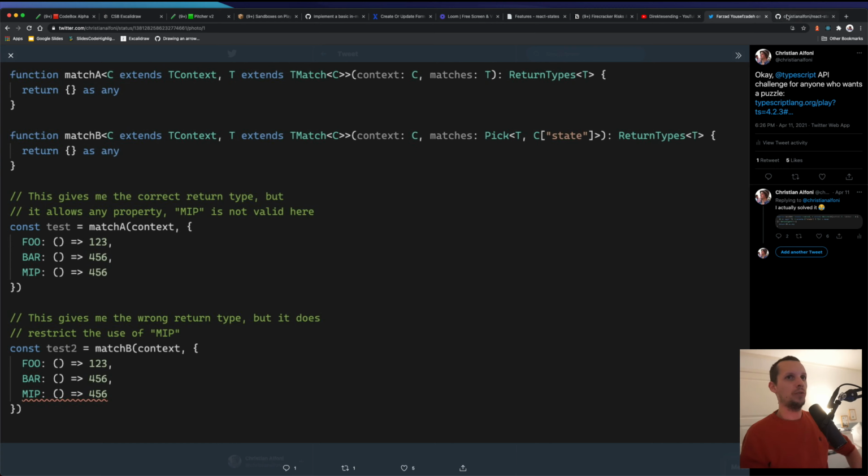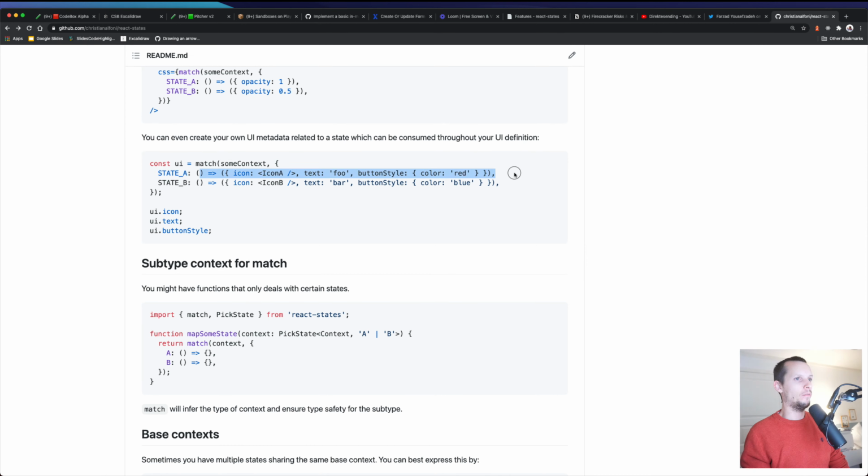We want to ensure that whatever we return from these functions becomes the type here. So in this case, the type would be icon, which would be a JSX thing or a React node, the text would be a string, and the button style would be an object of color string. That's inferred. That's really important.